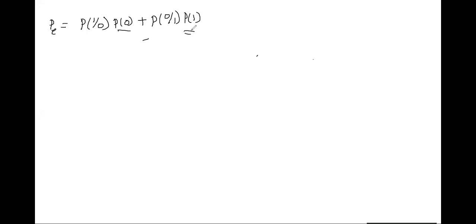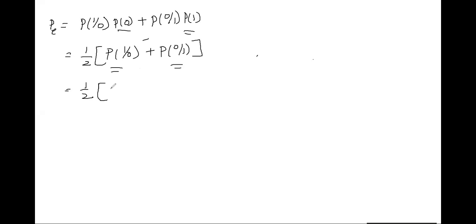So when these two are equiprobable, each is equal to half. So we can write it as half times the probability of 1 over 0 plus the probability of 0 over 1. Okay. So we need to find these probabilities. That means, in terms of words, the probability of V naught of KTB becoming greater than T naught and Bk equal to 0, plus the probability of